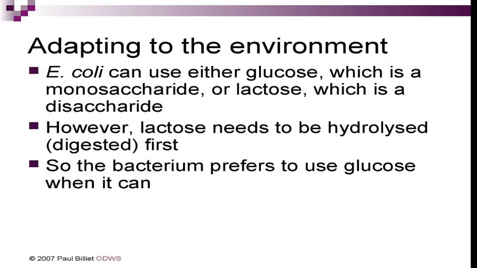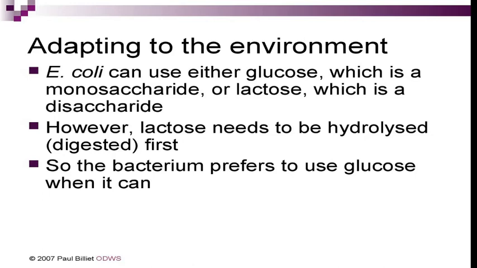Let's understand this clearly. For example, an E. coli is grown in a medium containing glucose, which is a monosaccharide. Another E. coli is grown in a medium containing glucose and lactose. So, in the first Petri plate, the E. coli grown with the glucose medium will utilize the glucose, which is a monosaccharide, whereas the E. coli which is present in the second medium containing both glucose and lactose will prefer glucose rather than lactose because the lactose has to be broken down into glucose and galactose. So the E. coli will prefer to use glucose by itself.